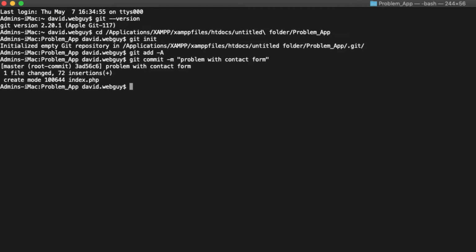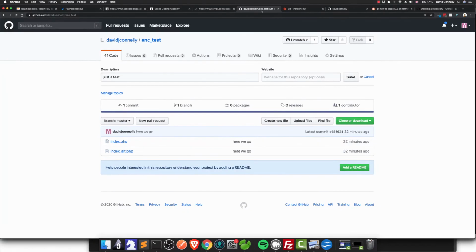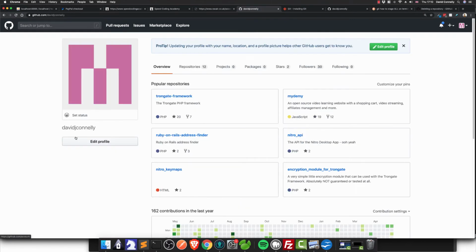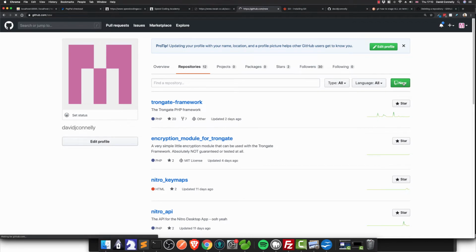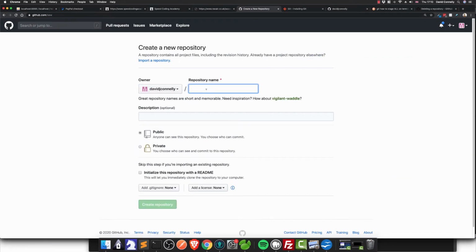Now we're going to go back to GitHub, and I want you to create a new repository. Pardon my phone. We're going to create a brand new repository. So click on repositories, and I'm clicking new here. And I'm just going to call this one